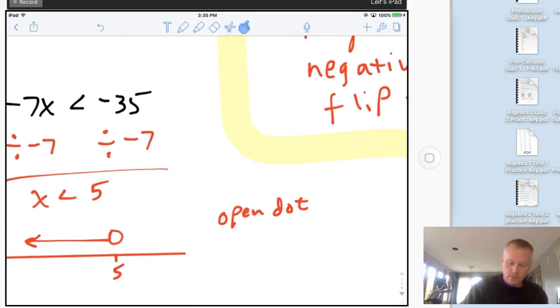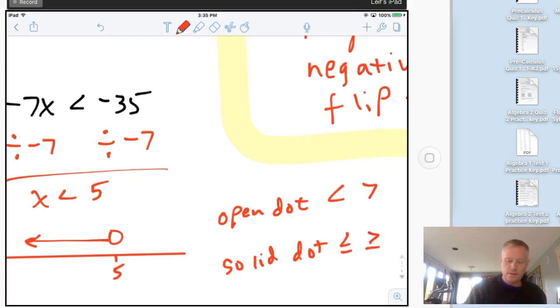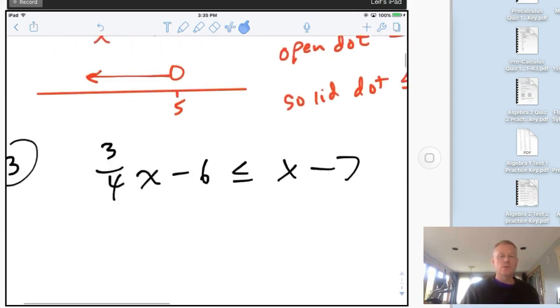if it's one of these. Solid dot, that has the line underneath it, greater than or equal to, or less than or equal to. Okay. So this one,